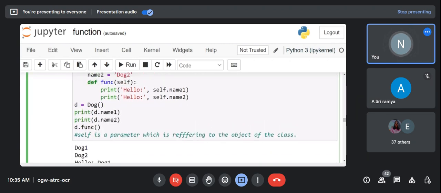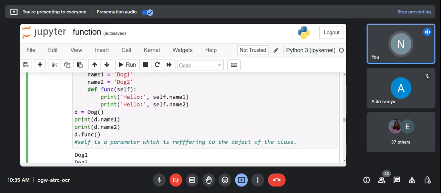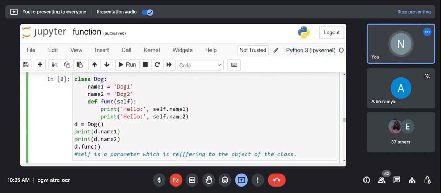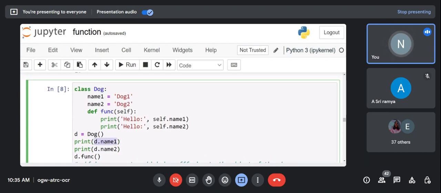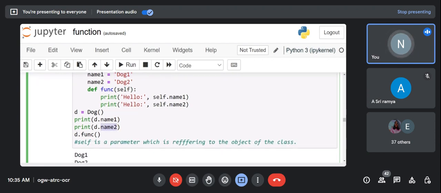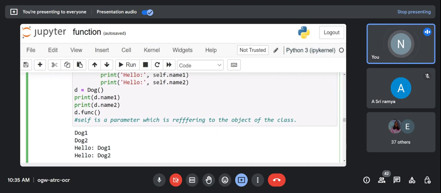After creating the object, now you can print d.name1 and d.name2. That means if you say d.name1, it prints name1, which is dog 1. And d.name2 is dog 2. It will print. Okay, and then if you say d.function,